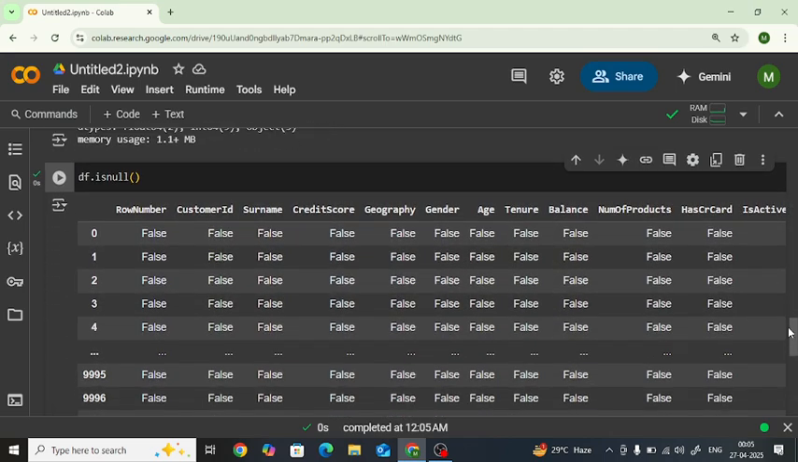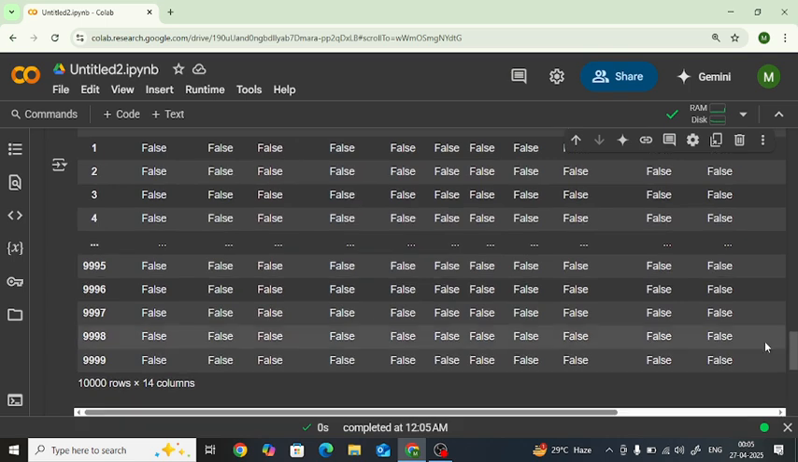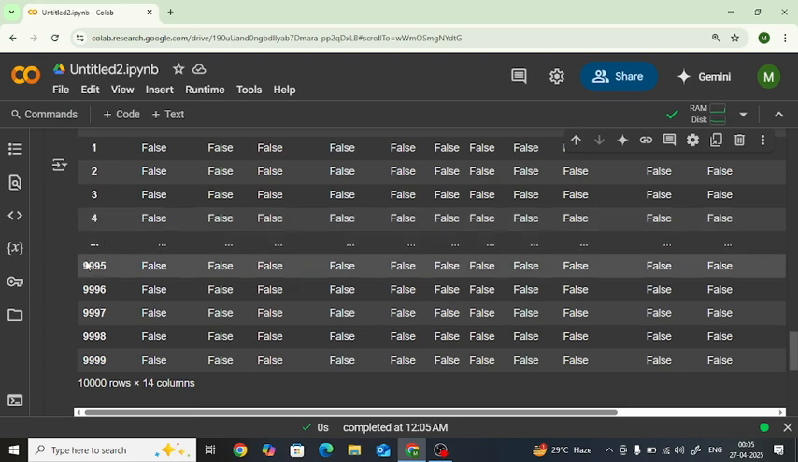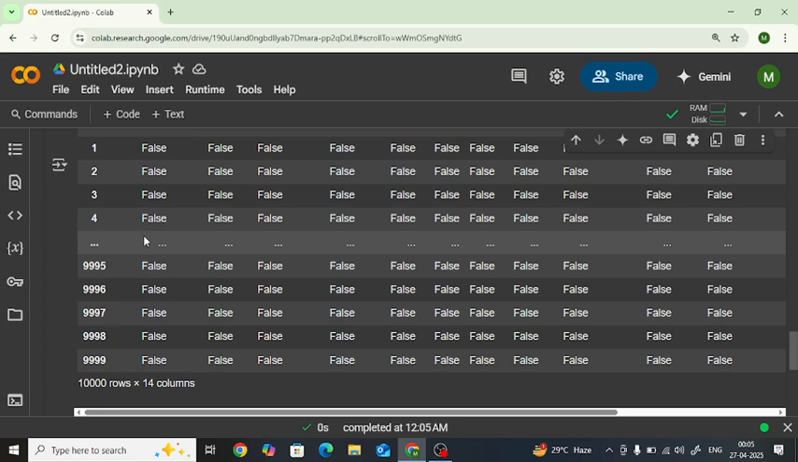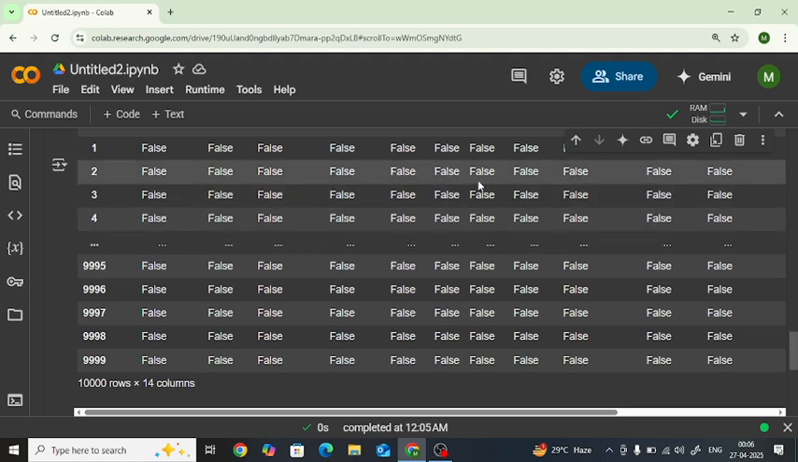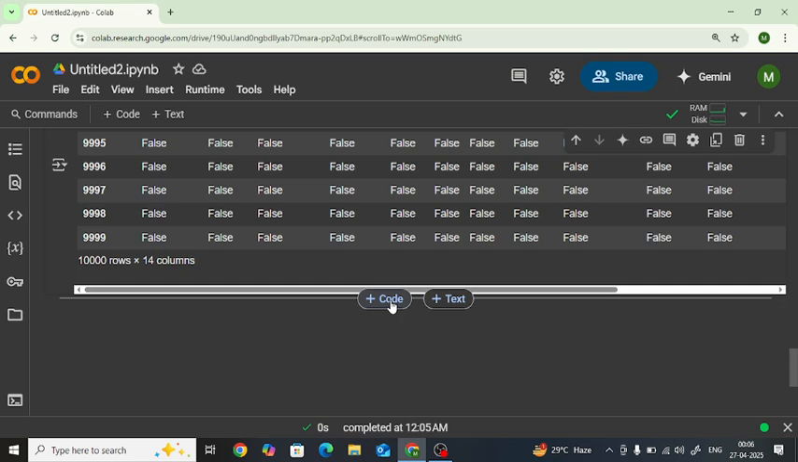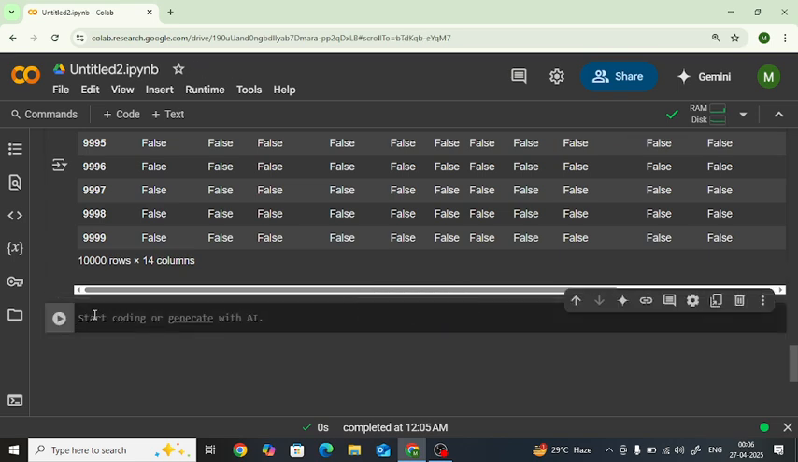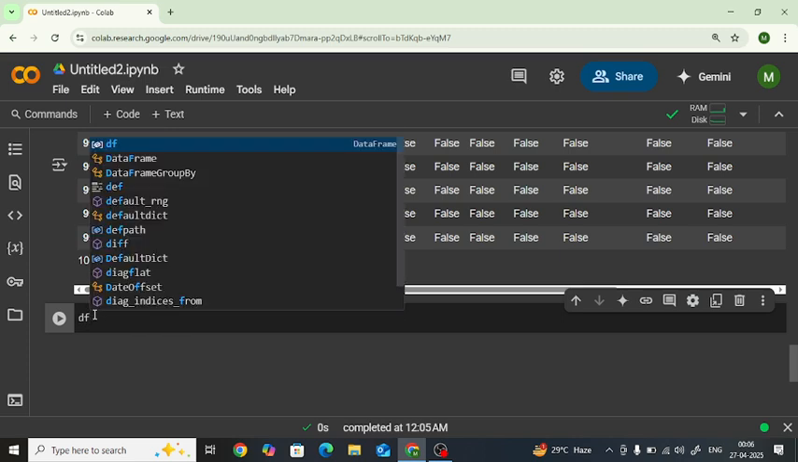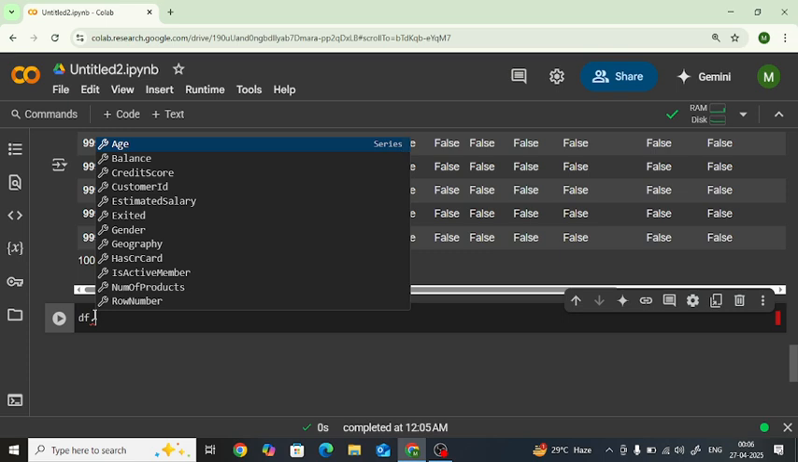Everywhere we see false, false, false, but in between, starting from the sixth row onward, here we don't have any information, so we don't have any idea about this. So we will get more informative information. We will apply the same function here, df dot isnull,